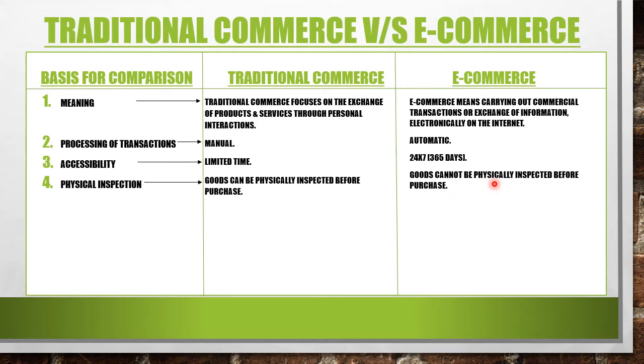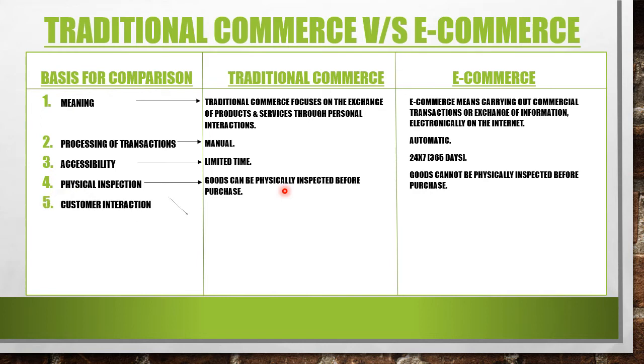You cannot see it, you can only see it online. But only after it arrives will you find out if something is damaged, or the fabric is not good, or the quality is bad, or the color is not good, whatever the issue is, you can see it only after buying the product. Once you buy the product, only then will you know whether it is good or not, and then if you want you can keep it, otherwise you can exchange it or give it back. But in case of traditional commerce, it is not like that. You can inspect it. You can check everything, you can check all the product. Then only you can buy it.